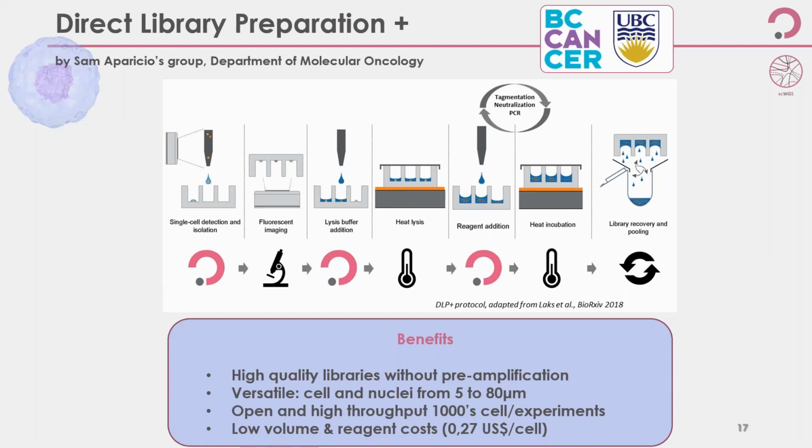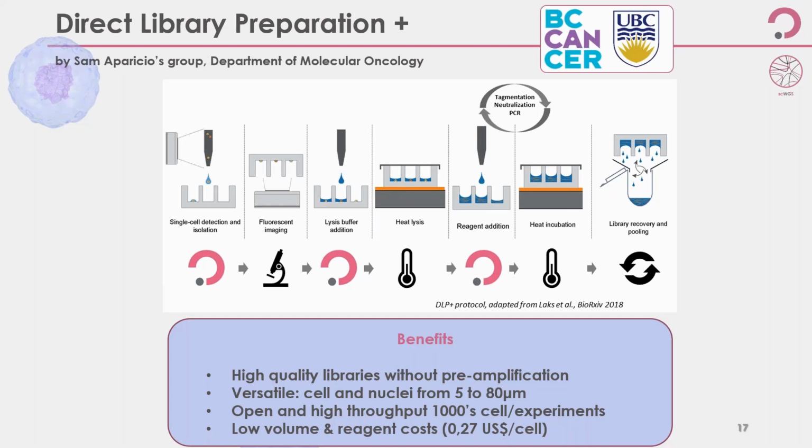They verify the accuracy of deposition using a fluorescent imaging technique. Then they do the addition of the lysis buffer, heat lysis, and then add the reagent to prepare the library. But what is very unique about this technology is that there is no preamplification. So as a result, there is very little bias in the results obtained, and you obtain very high quality